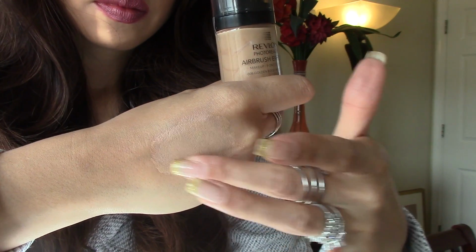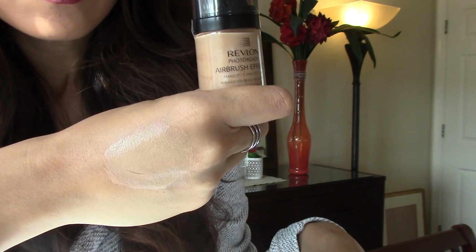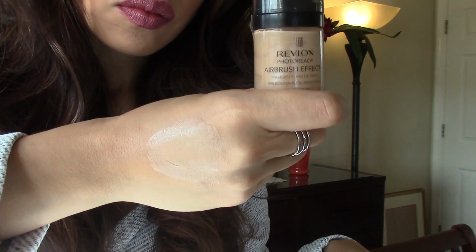It didn't accentuate my pores, which is nice, and the coverage is still really good as far as blurring out my freckles. I did not conceal my freckles, nor did I put on concealer on my cheeks, just so you could see the true finish of the foundation and how it covers freckles. You can see there, you could still see my freckles, but they're not as dark. It's a good